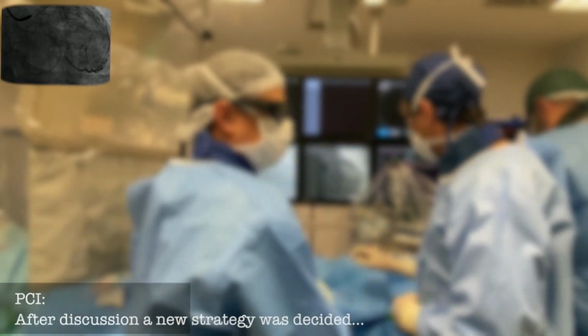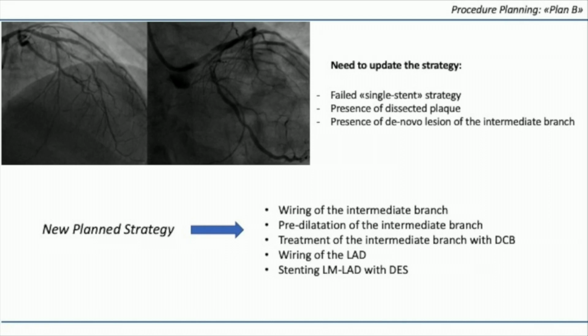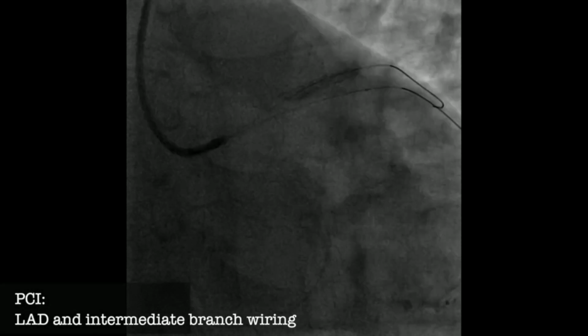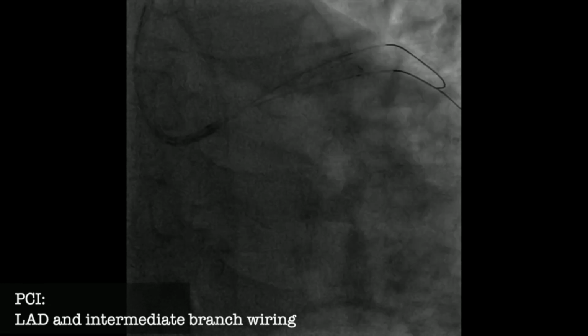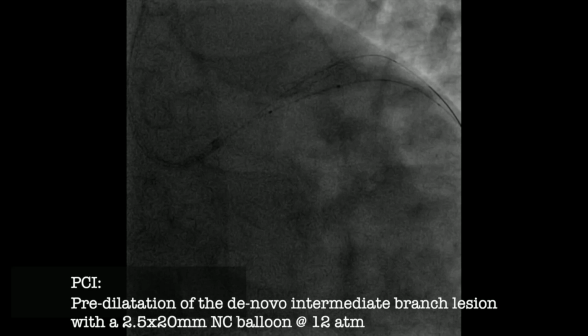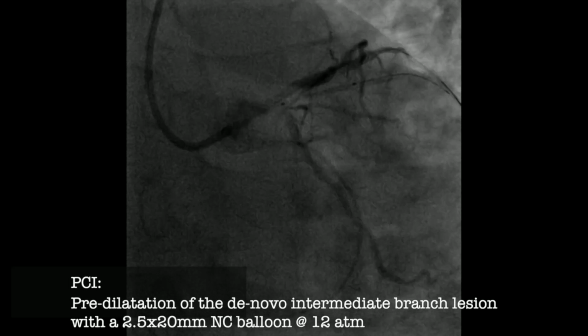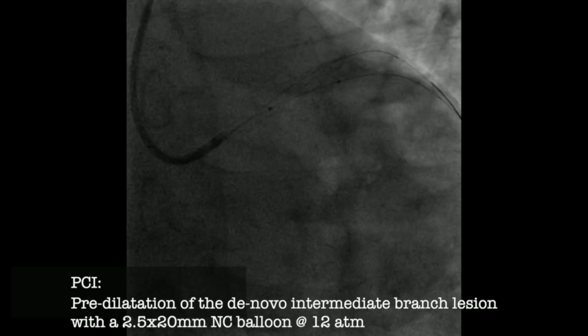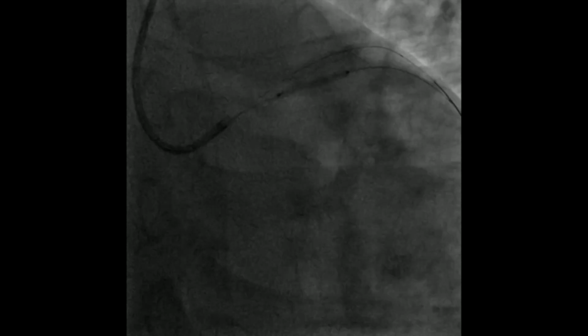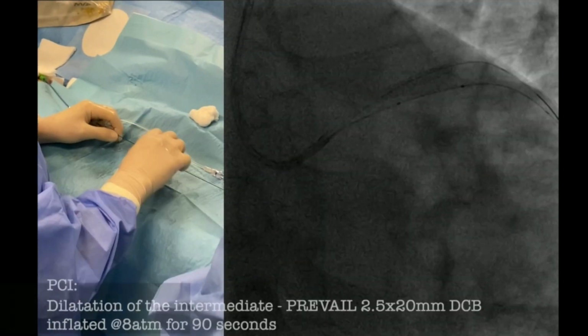This is, of course, discussing Plan B. There is a change of strategy. We decided to rewire the arteries, wiring the intermediate, and to do what was originally thought, to treat the intermediate with only balloon. But you see that also the LAD was rewired with the intention of stenting the proximal LAD. This is balloon predilatation of the intermediate, and then you will see the drug-eluting balloon Prevail,